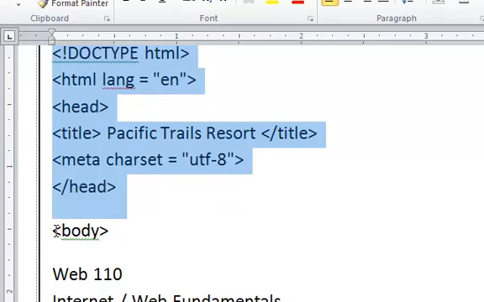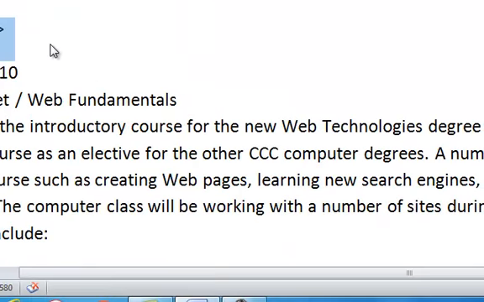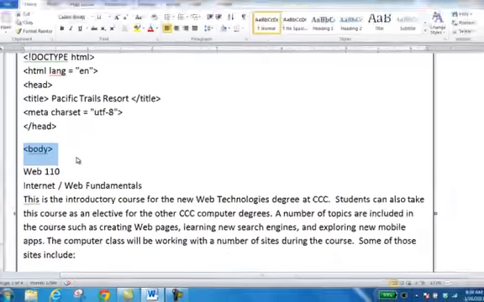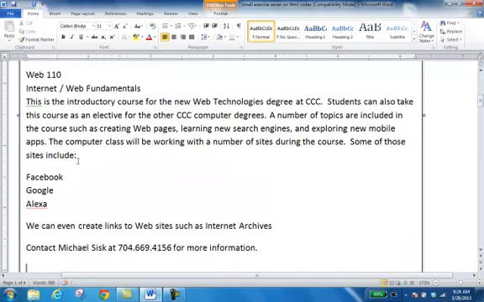Everything content-wise in the page goes between these tags. They're called tags because they have little greater than, less than symbols surrounding them. Every bit of your text, pictures, videos, audio files, whatever, go between these tags that say body, and then there's usually one that pairs up with it that has